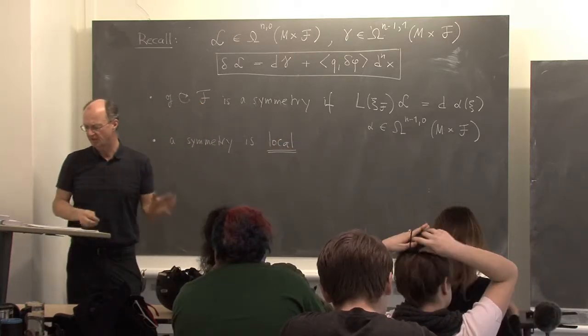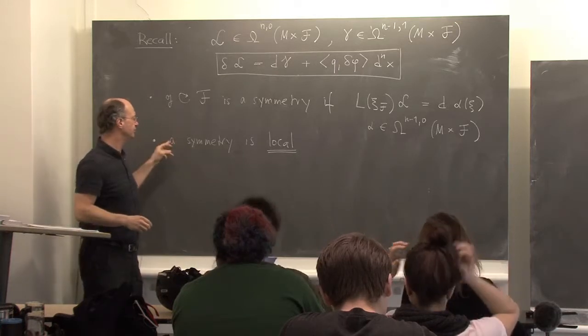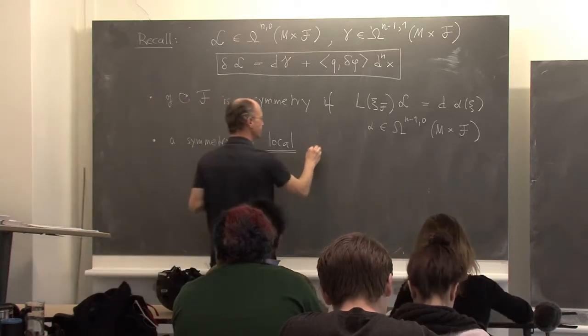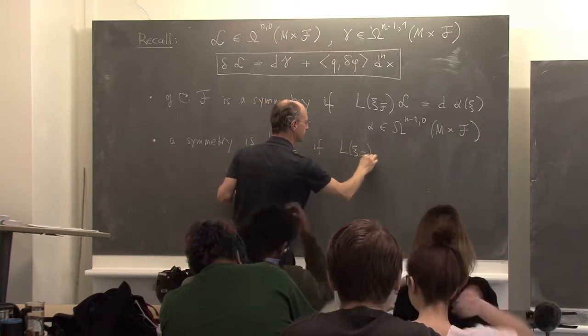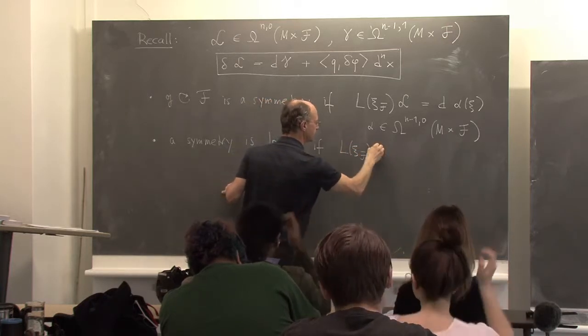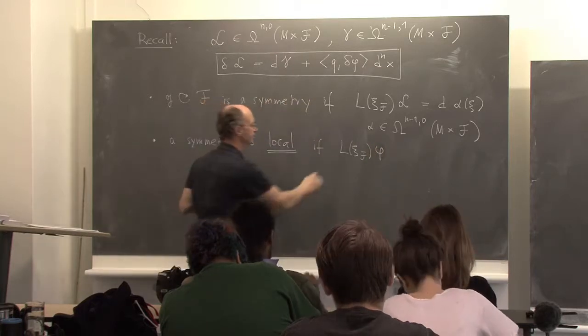There are different ways one can formulate it, but let's do the following. We say a symmetry is local if it doesn't change the support